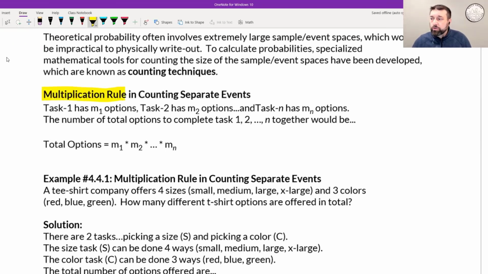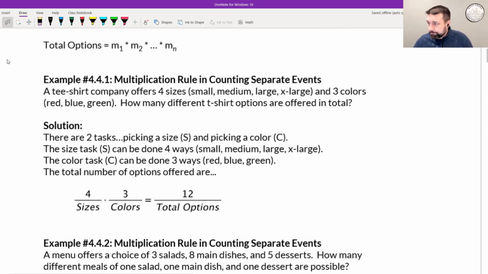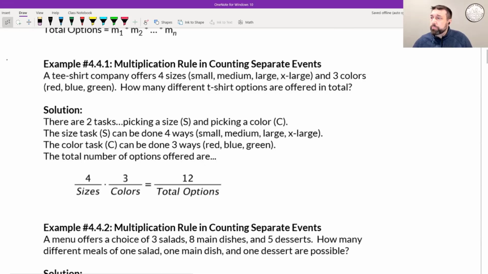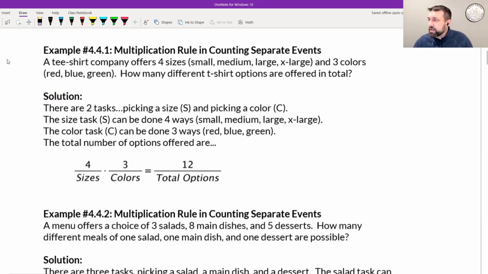The multiplication rule for counting individual events is you just multiply those events together. You multiply the number of outcomes for each event together. So for example, if you had a t-shirt company and you produced 4 different sizes, small, medium, large, and extra large, and then you produced 3 different colors, red, blue, and green, how many different t-shirt options could you offer in total? Well, you'd say I've got 4 different sizes, and I've got 3 different colors, so 4 times 3